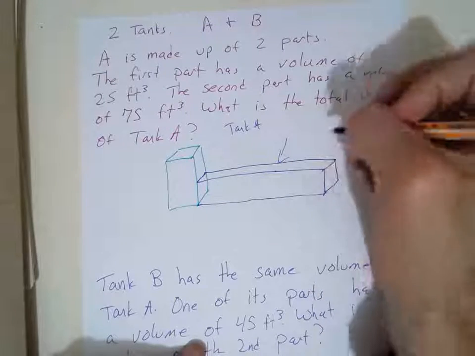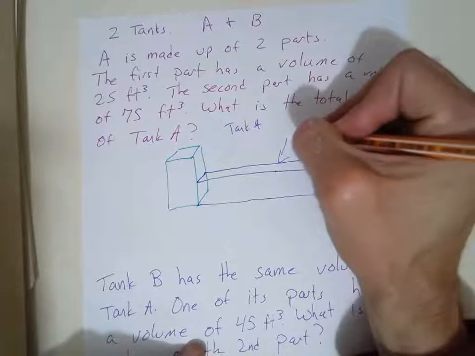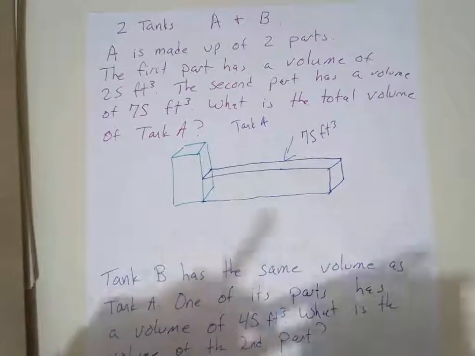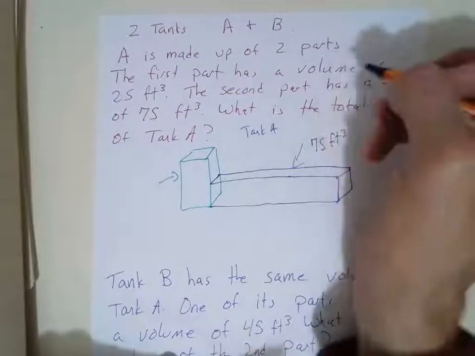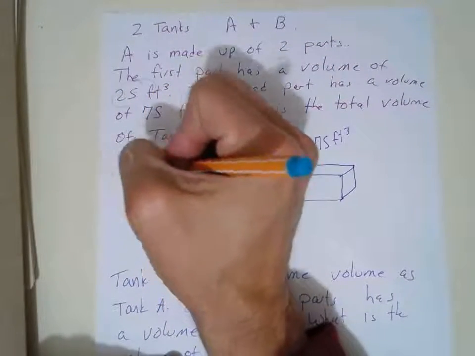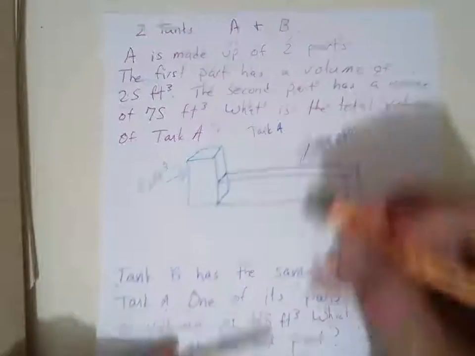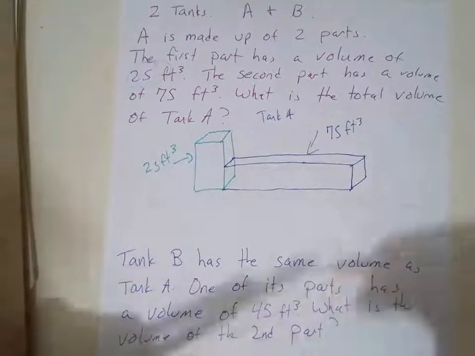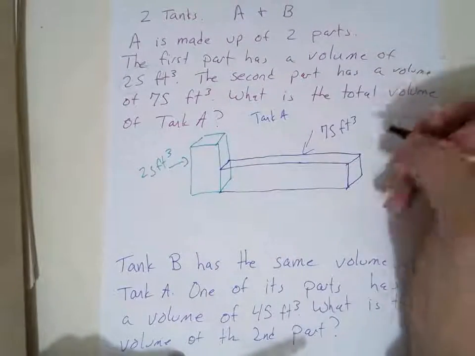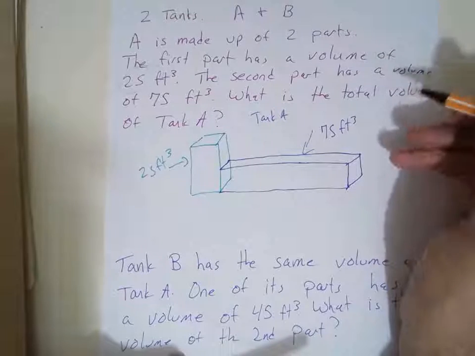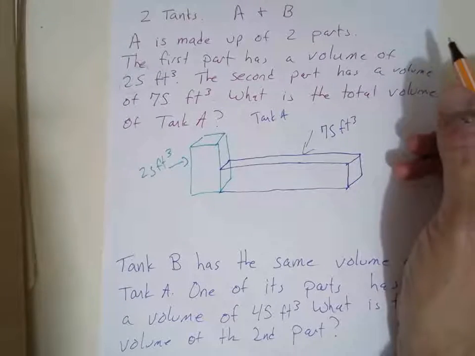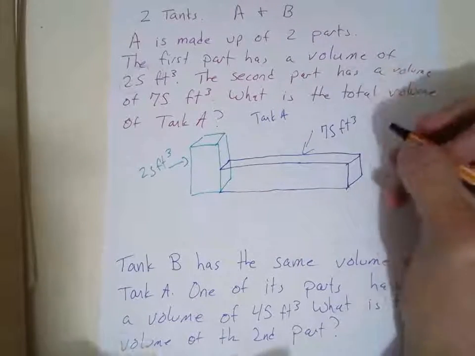We're saying this first right rectangular prism has a volume of 75 cubic feet. The second part over here has a volume of 25 cubic feet. So I'm looking for the complete total for tank A, which would be one part plus another part. So 75 plus 25. I know my hundreds pretty well, like what numbers add to 100, so I can see that 75 plus 25 is 100